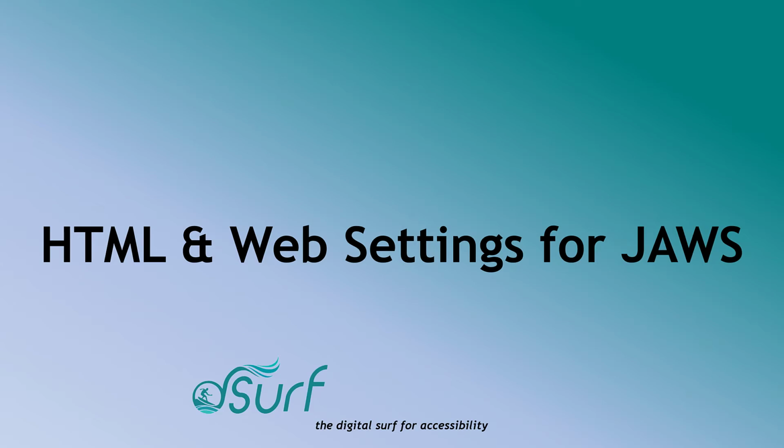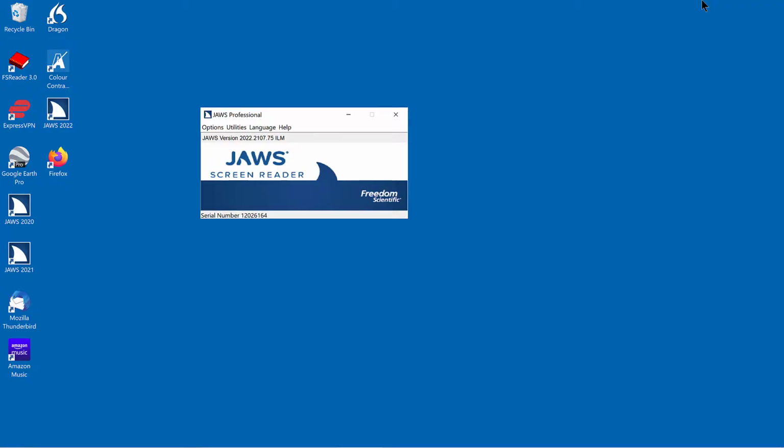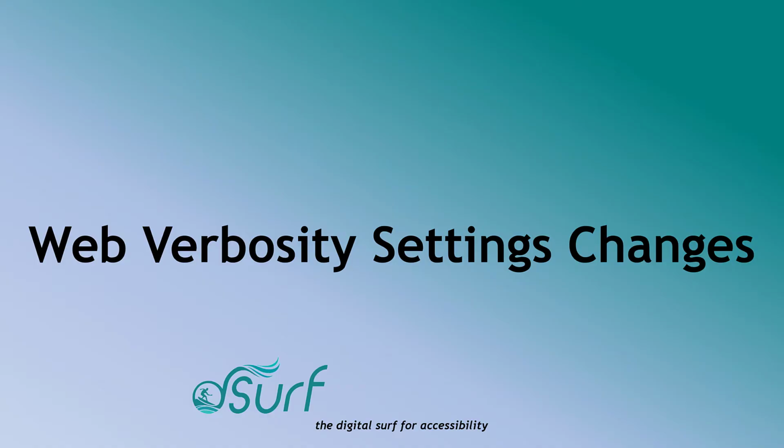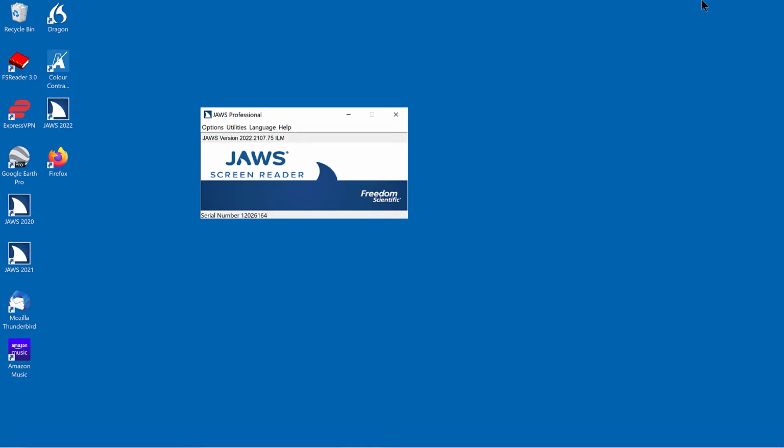HTML and web settings for JAWS. These are the settings dSurf uses for web page and PDF testing and reading with JAWS. Web verbosity settings changes. Open Settings Center and switch to the default settings by pressing Insert 6 on the numbers